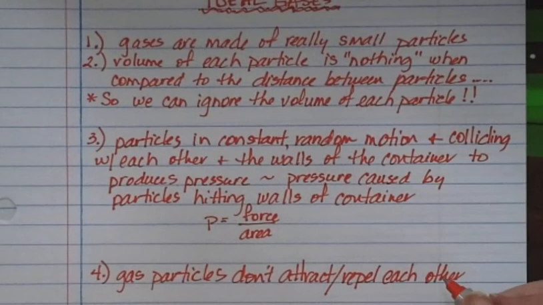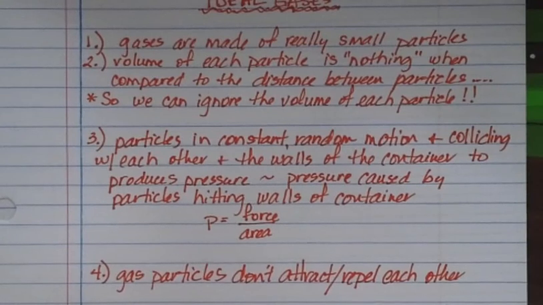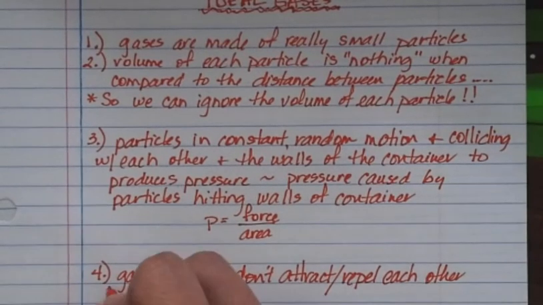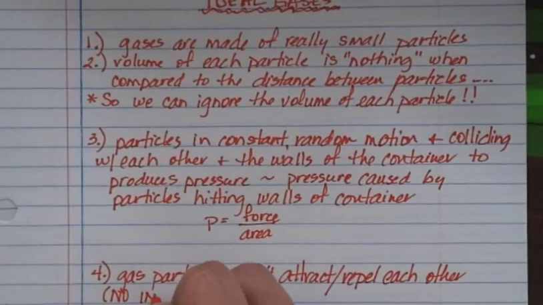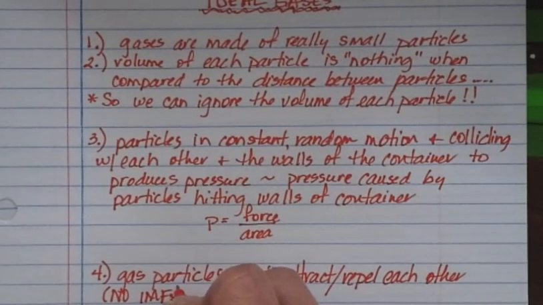It's like if you were trying to grab someone's hand as they were driving in a car and you were standing on the side of the road, going 50 miles an hour, that would be almost impossible, right? So that's what they're saying. They're moving so fast that those intermolecular forces, those attractions between molecules, have no effect at all. So gas particles don't attract or repel each other. So I'm going to put in parentheses, no IMFs. We've talked a little bit about IMFs before. Those are